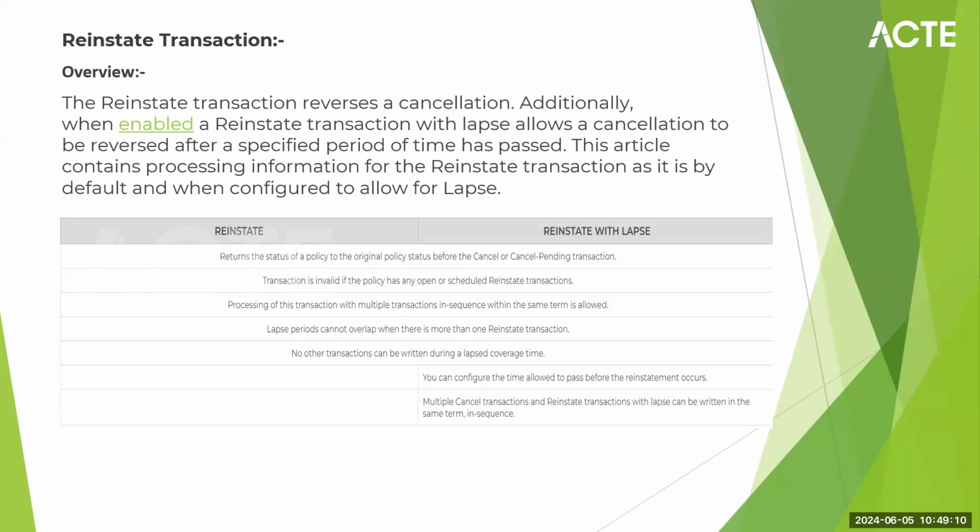When can the transaction be done? Suppose the user has logged in as agent, assistant, or manager, no matter what, the policy status should be either